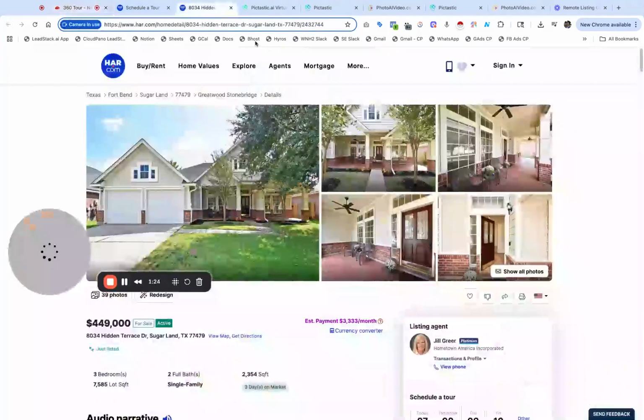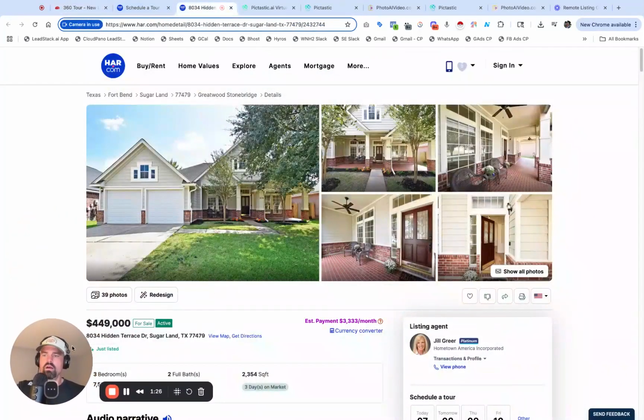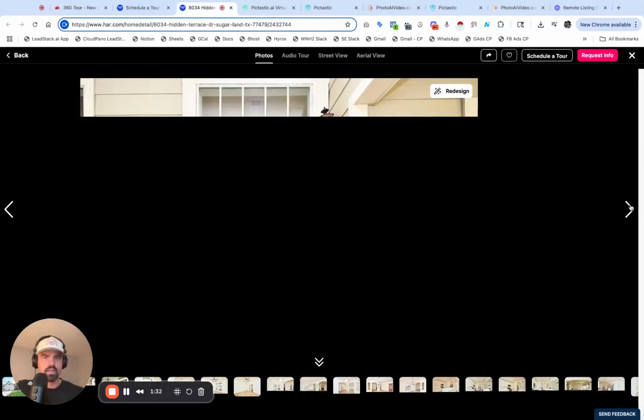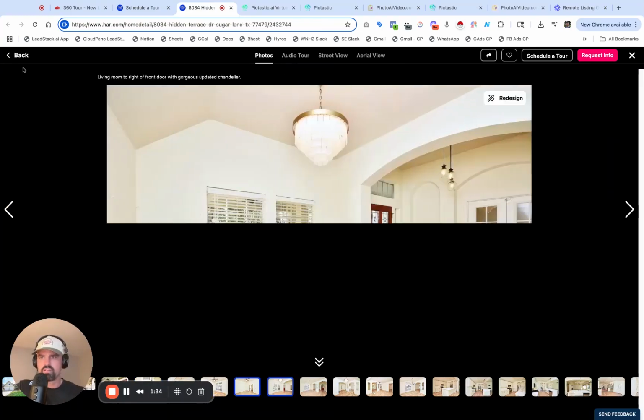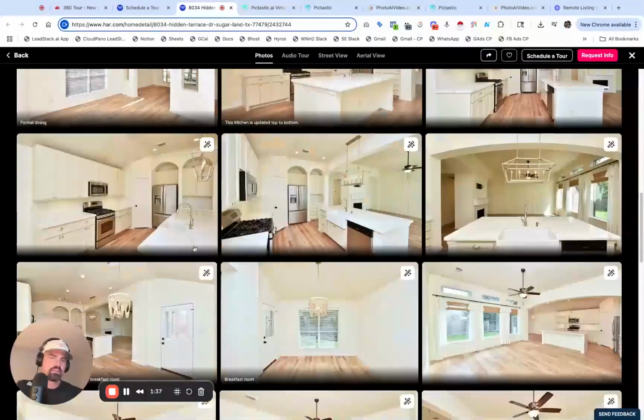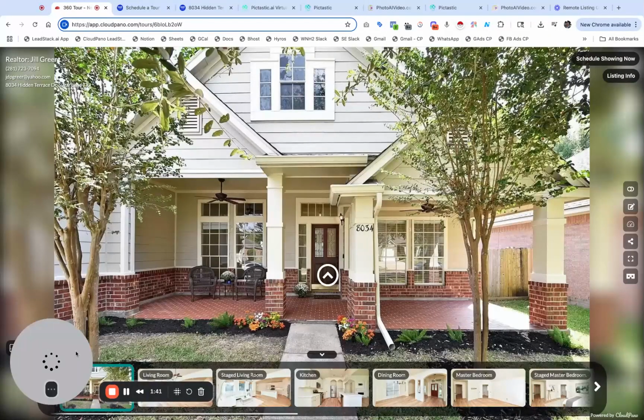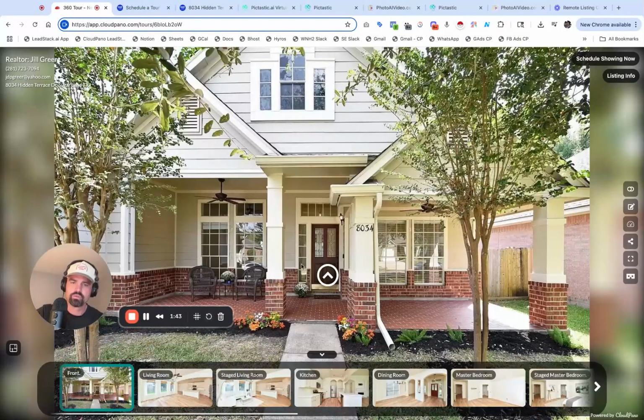So this is a listing. As you can see, this is the MLS site called HAR in Houston. There are photos, and you can look through these photos. I'm not going to look through them right now, but you can analyze them. You can get real technical if you want, or you can put some of these into a CloudPano virtual tour,